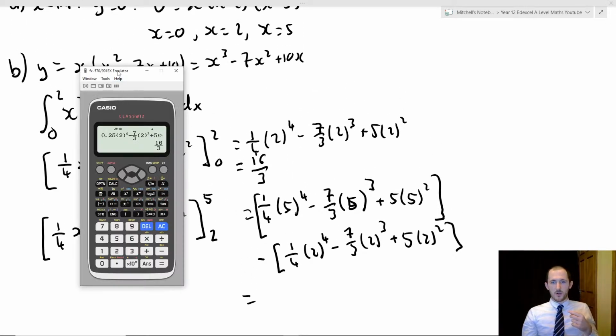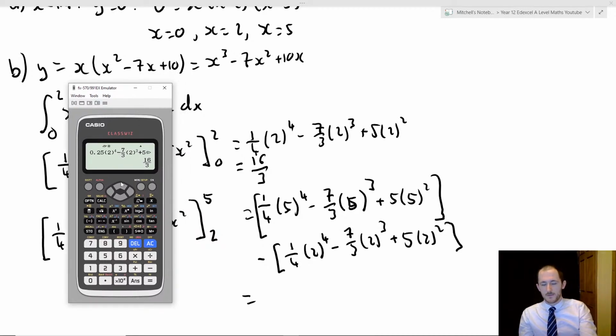So what I'm going to do is reuse this. Okay, I've had a brainwave. Since we already have the result for subbing in the 2, we can just sub in this and then just subtract 16 over 3. That's valid too. I still need the brackets though, so that's fine. So if I put that in brackets, and now subtract the 16 over 3,